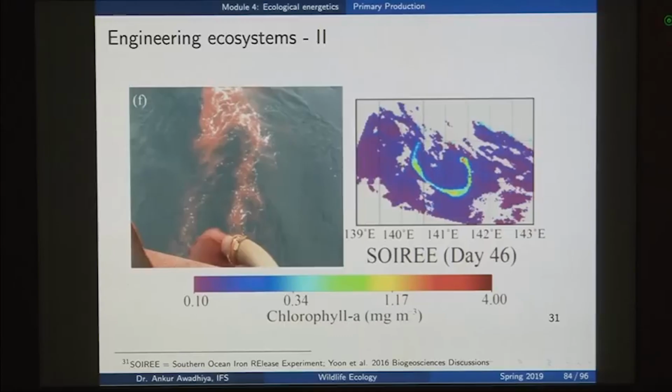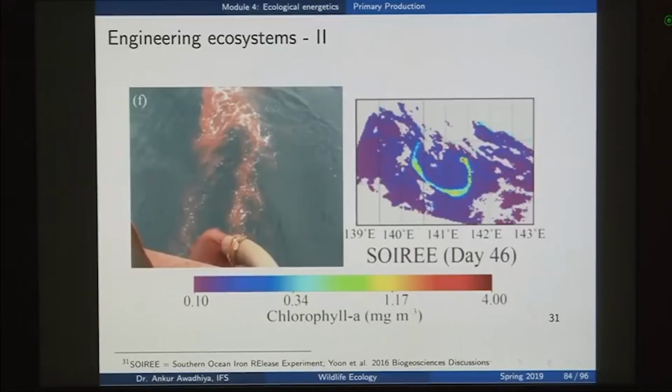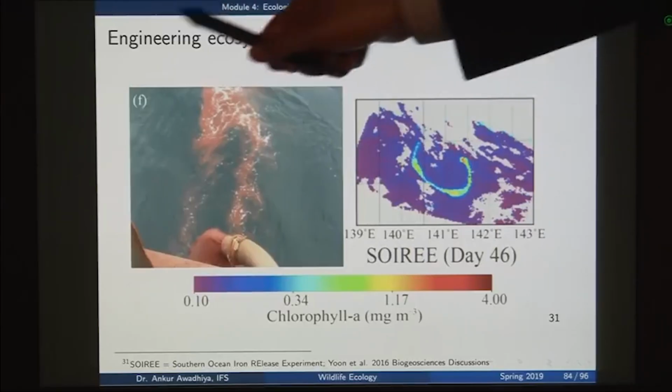That is important because if you have more chlorophyll, more primary productivity, then along with primary productivity, this is also acting as a source of carbon sequestration. So, if we want to circumvent global warming, we can seed the oceans with some amount of iron, so that the algae and phytoplankton increase in their numbers, and more carbon dioxide gets sequestered from the atmosphere and is dumped into the oceans. So, these experiments tell us that we can also engineer ecosystems to our advantage.